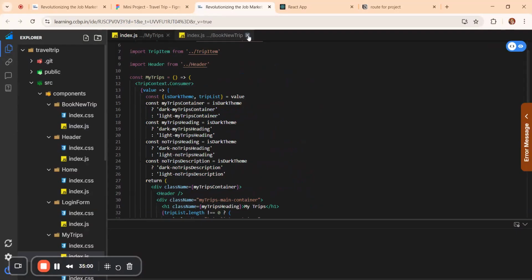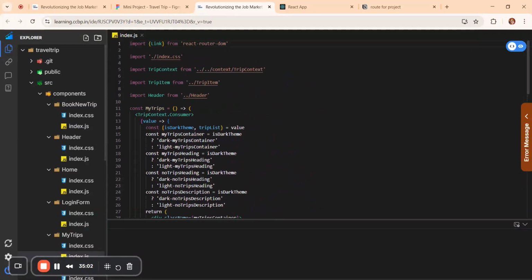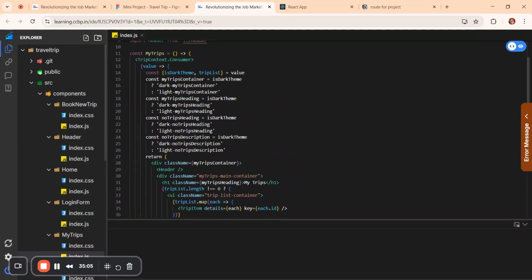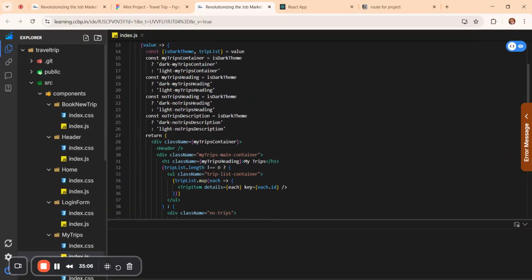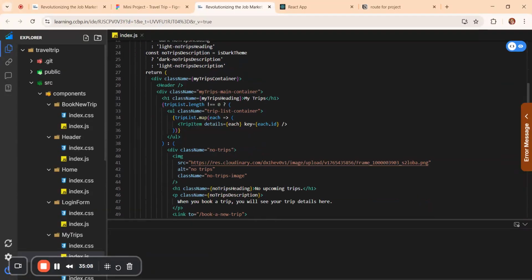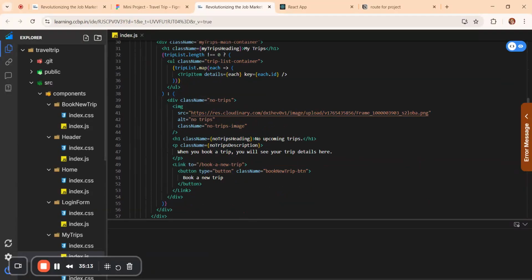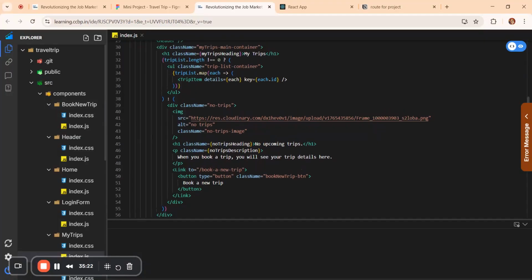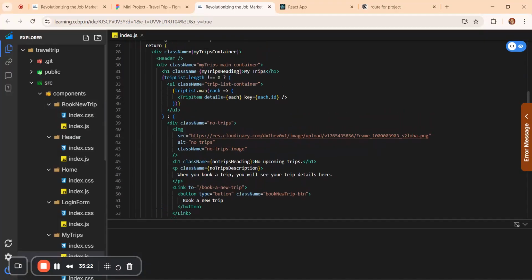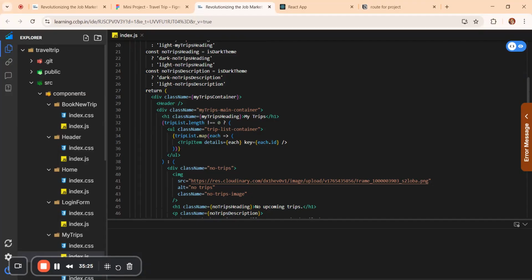Now I'll be showing you the my trips. Here is where we'll get the my trips details. If the trip details is empty, we'll get the no trips container. This is the image, heading, description, and if we click the book a new trip, we'll be going to the book new trip component. If not, if trip list length is not equal to 0, we'll be using the